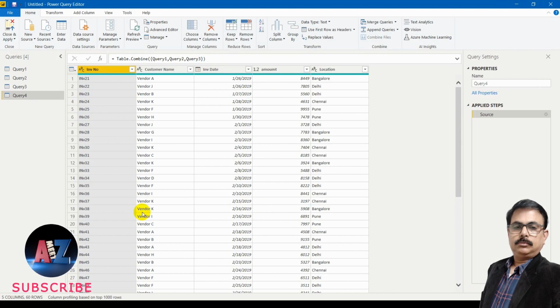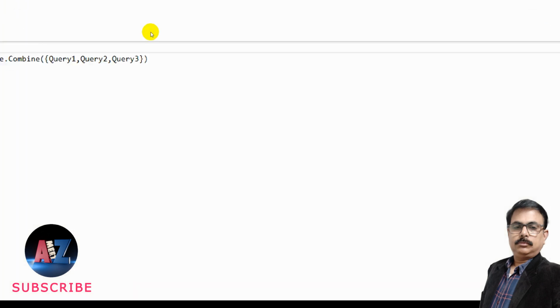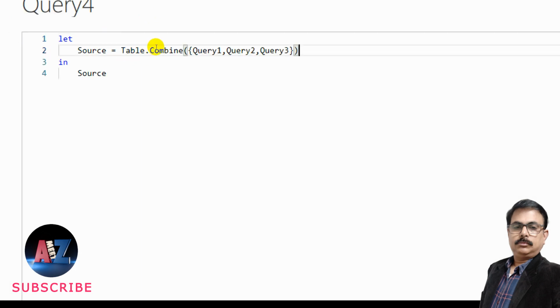But I want to take this data in a sorted manner. First, let me sort the invoice date in ascending order, and then I want to add one index column. I have some necessity, which I'll tell you while creating the report. So the name of the column is Invoice Date. Let me copy this because this is required. So now let me jump into the Advanced Editor because I need to sort this column. So I need to add a comma because the next step is starting. So now I'm actually dealing with the columns.